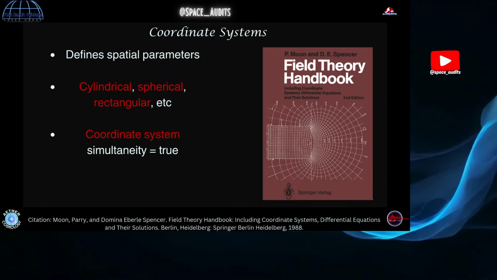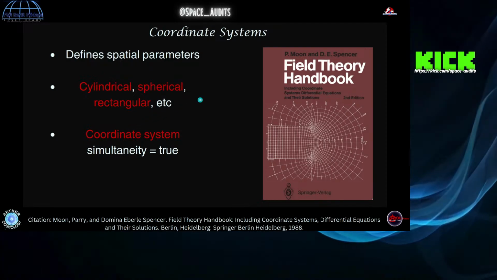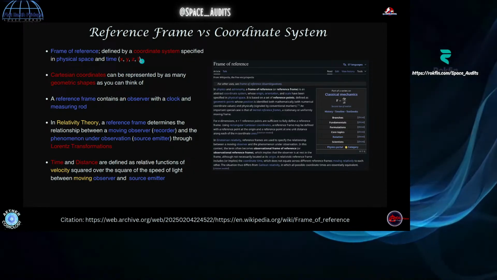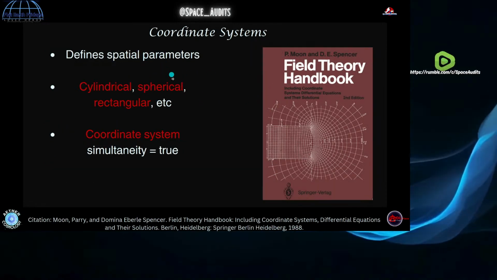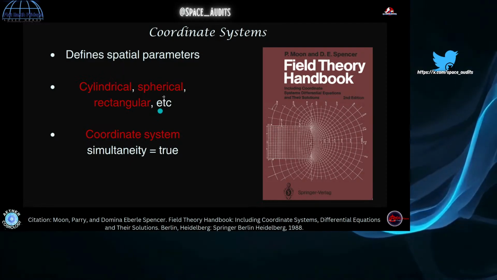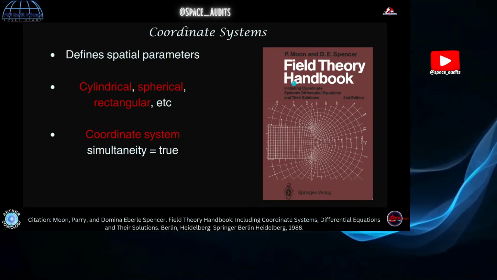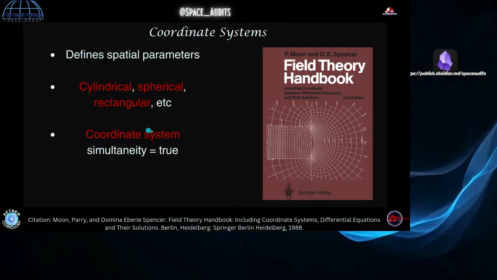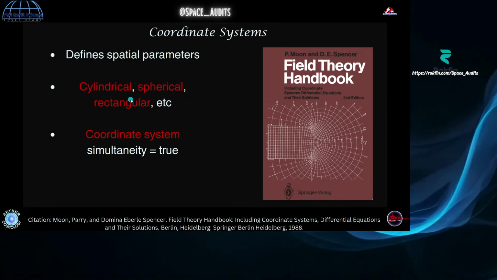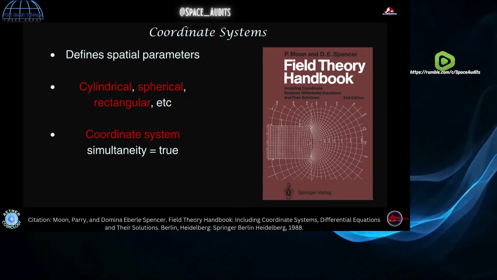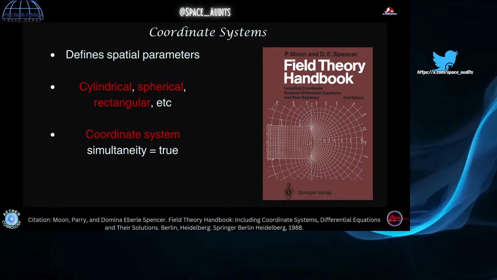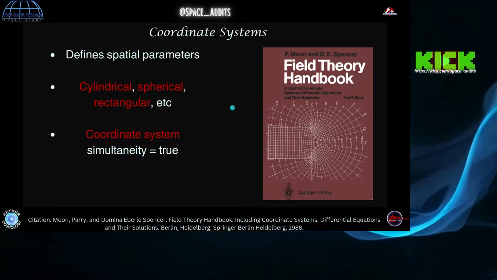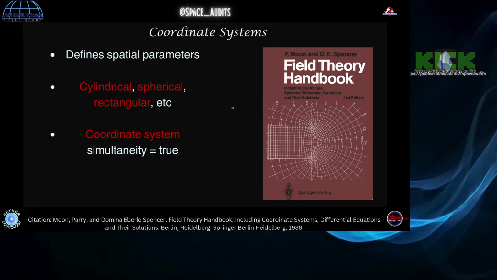Coordinate systems define spatial parameters, and they're defined by a fixed axis. So the x, y, z, t that we looked at earlier, right? Those are all going to be Cartesian coordinates for what's being described, and we're going to look at what all can be represented with coordinate systems. And Shane likes to say we live in coordinate system simultaneity because of the conical, rectangular, and spherical projections are all equally valid all at the same time. Well, this book is going to show us some different transformations and how they're all the same here.